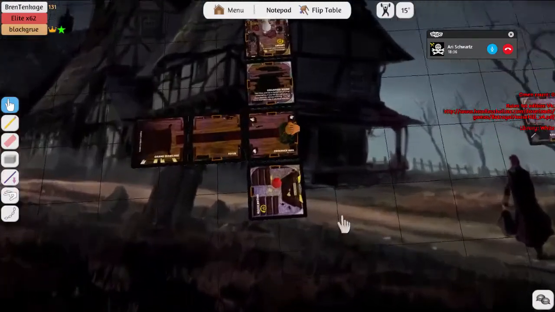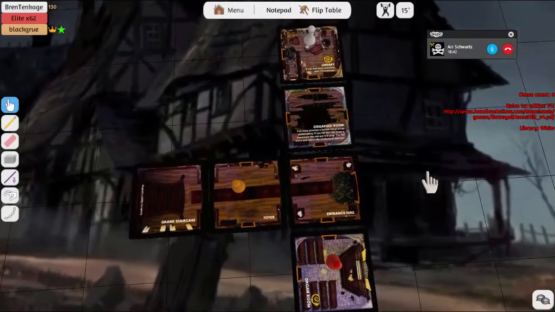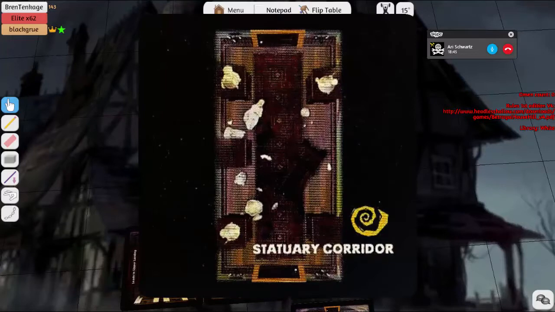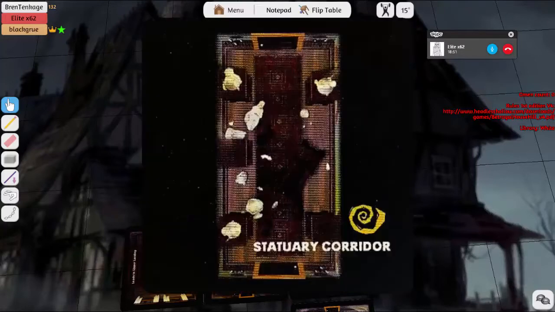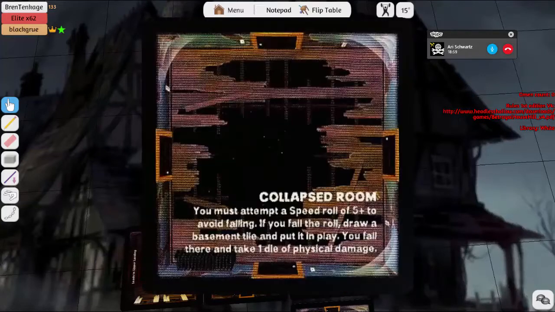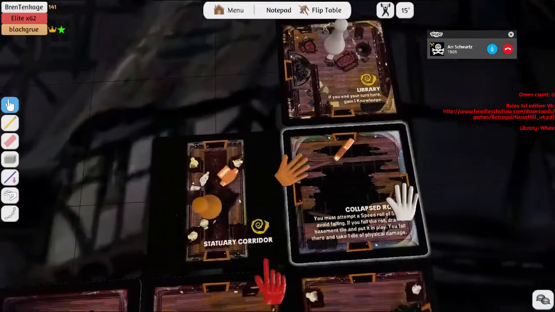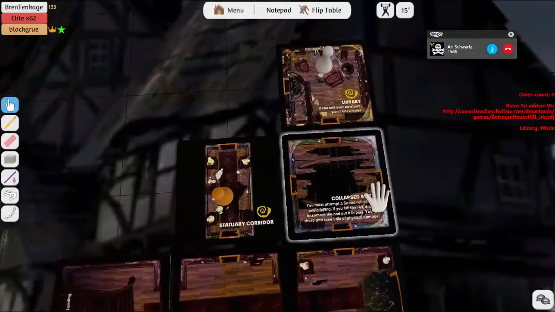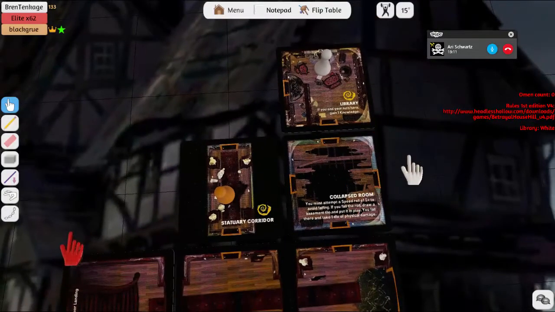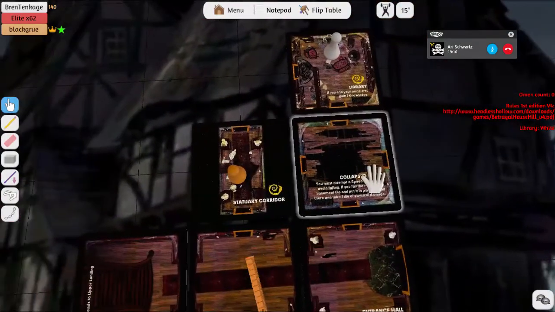Alright, and I am going to go here, and then here. The Statuary Corridor. Okay. You're allowed to make false walls. So basically, you can't go from here to here, and you can't go from here to here, because there's a false wall. It's an old place. It's been remodeled tons of times. It's a good idea not to make them on purpose, but when you have to...